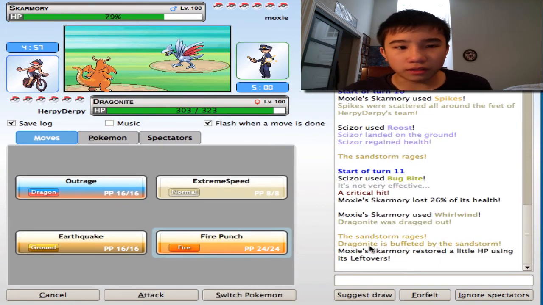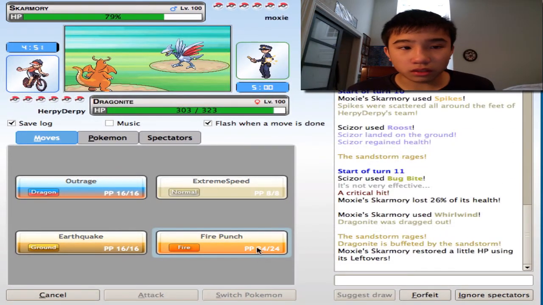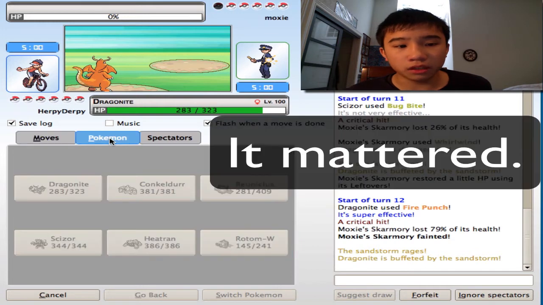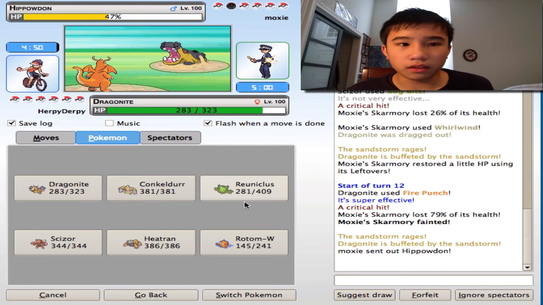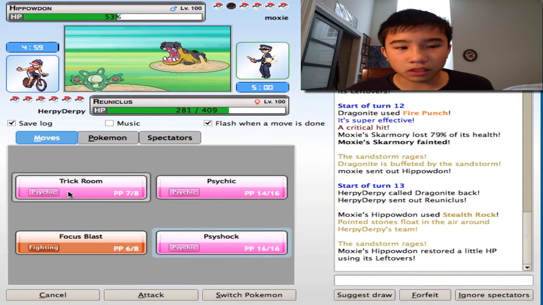I get a crit on Skarmory, which is kind of funny. And I can go for a Fire Punch this turn, which is going to do a lot to the Skarmory. And yeah, that's going to be a one-hit KO with a crit. I'm not quite sure if that crit mattered, since I am running a Banded Dragonite, so I guess we'll never know. But he's got a Powdon. I think the only reason why he would send a Powdon is if he has the, what's it called? The Ice Fang. So I think I'll just go back into Reuniclus, but I'm going to set up rocks,